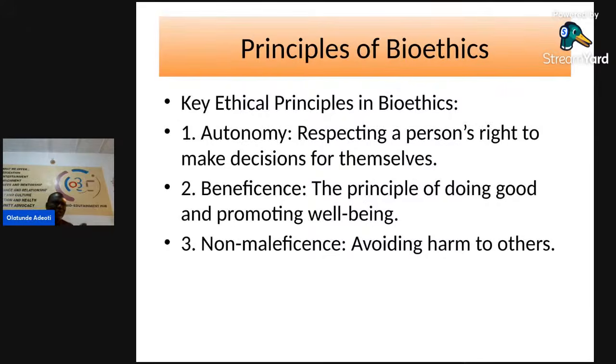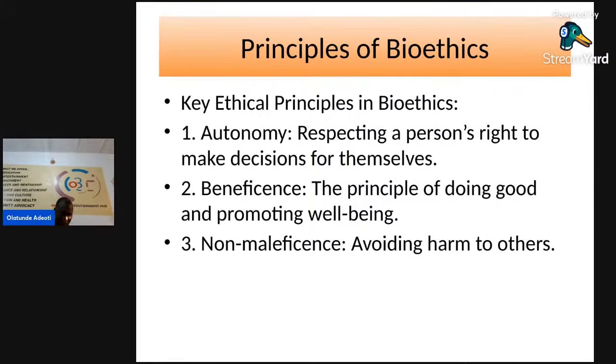So you should make sure that all your actions, let no corrupt communication come out of your mouth. Don't abuse another person. You don't even need anybody to tell you that you must not abuse another person. You must not violate the right of another person. Once you recognize that the first principle of bioethics is autonomy, that you respect others, love your neighbor as yourself. Then the principle of beneficence, that is the principle of doing good